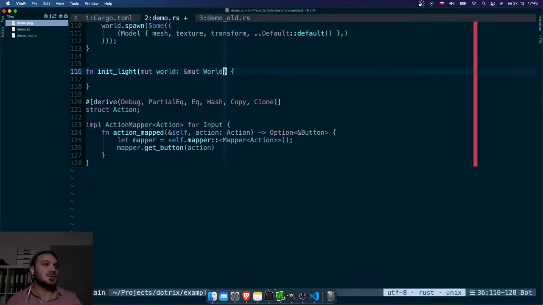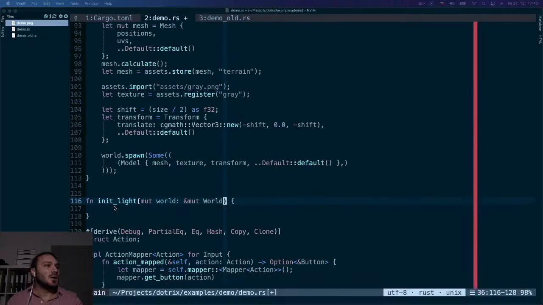Like this. Light is also a component that we need to import and simply spawn in our world. The component name is light, so